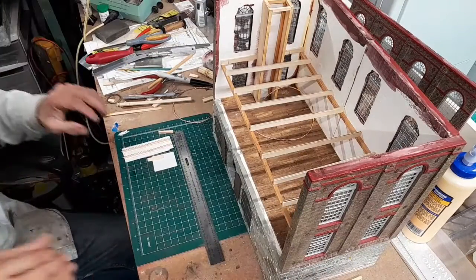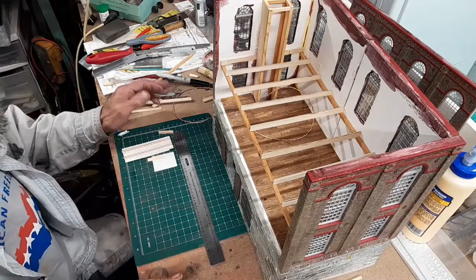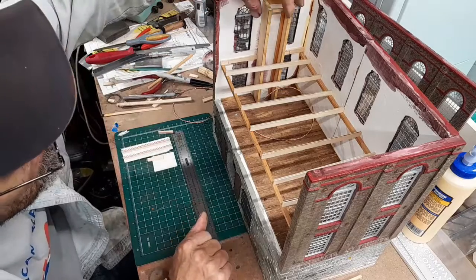Okay. Some of you may be looking at it and say, hey, he didn't wait for us. Well, I set things together. I didn't glue it. I actually